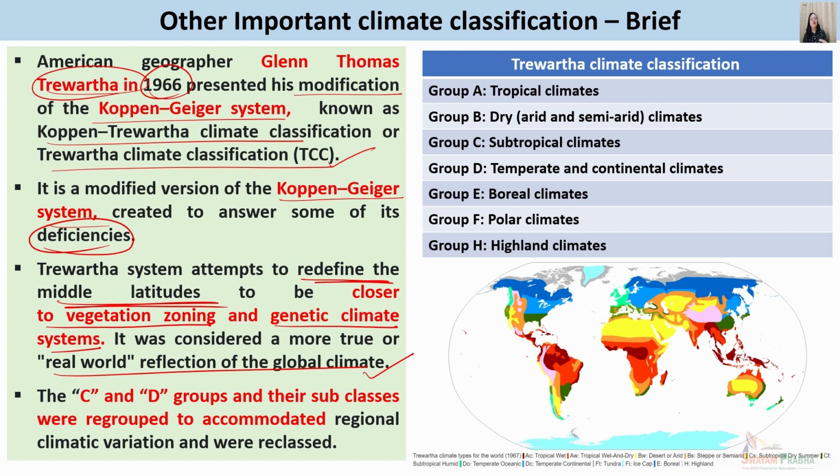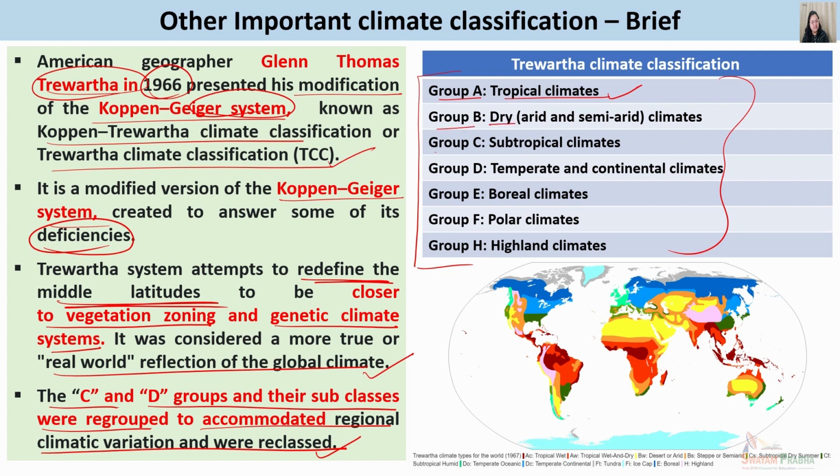So it modified and presented an advanced version of the Koppen-Geiger climatic system, with particular reference to the C and D groups and their subclasses, which were regrouped to accommodate regional climate variations, particularly in the middle latitudes. His classification presented 6 groups of climate, and again English capital letters were used to denote the climate types, where group A represented tropical climate, B represented dry climate, C represented subtropical climate, D represented temperate